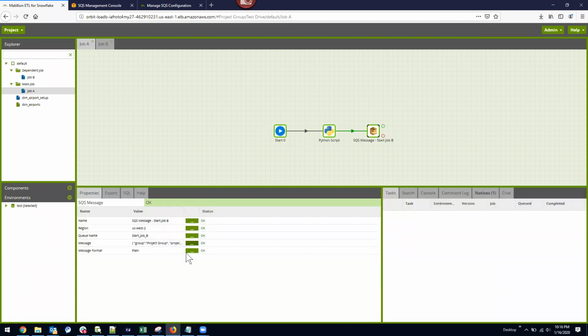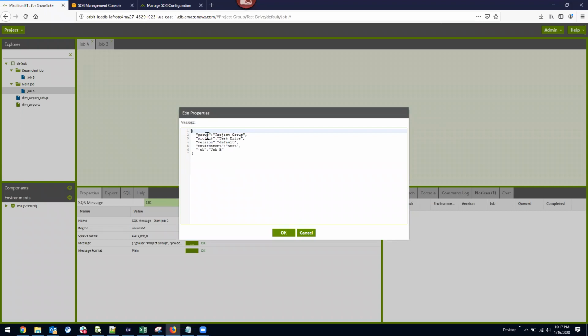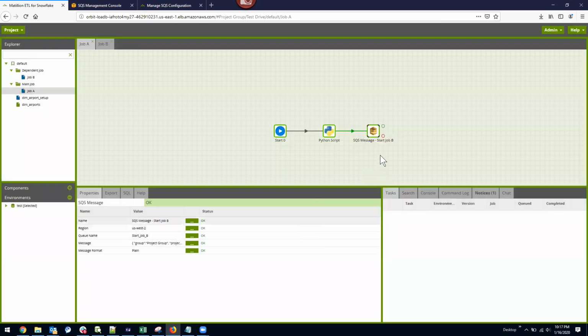As you can see here, one of the keys is I've defined the message formatting, which has to be like this, and key, it says job B. So what it's doing is sending an SQS message to job B to start, and job B is right here, right? I think that's pretty much it on the configuration side and how things are done, and that's a simple job to do that. Now I'm going to go ahead and execute this job,